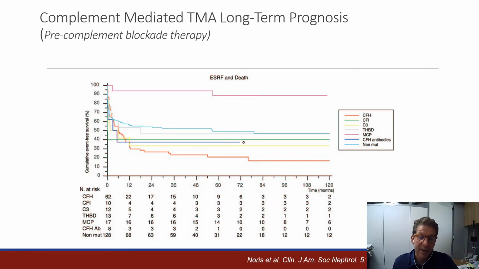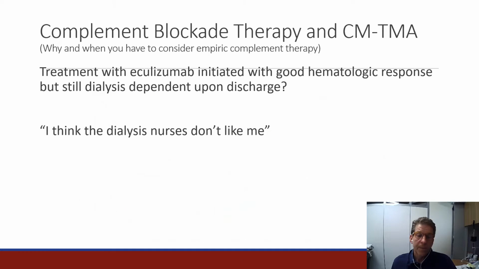If we look at data prior to the advent of complement blockade therapy, you can see half of patients with atypical HUS, with the exception of patients with an MCP mutation, who have a very unique and specialized course. Other than that, half of patients were dead or on hemodialysis within 1 year, roughly. So very significant. But again, in response to complement blockade therapy, what you should see is the hematologic response first, followed by the recovery of the end organ injury, typically renal injury.